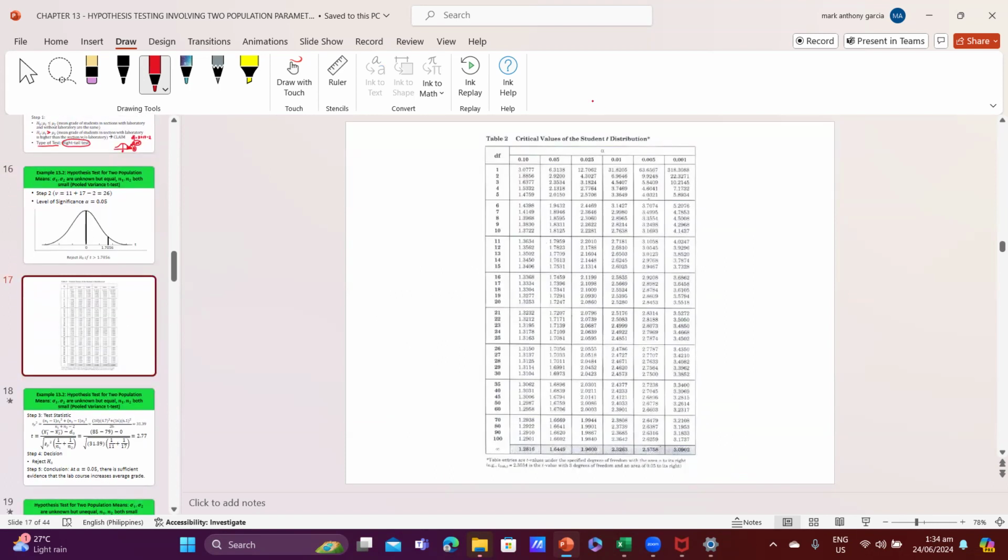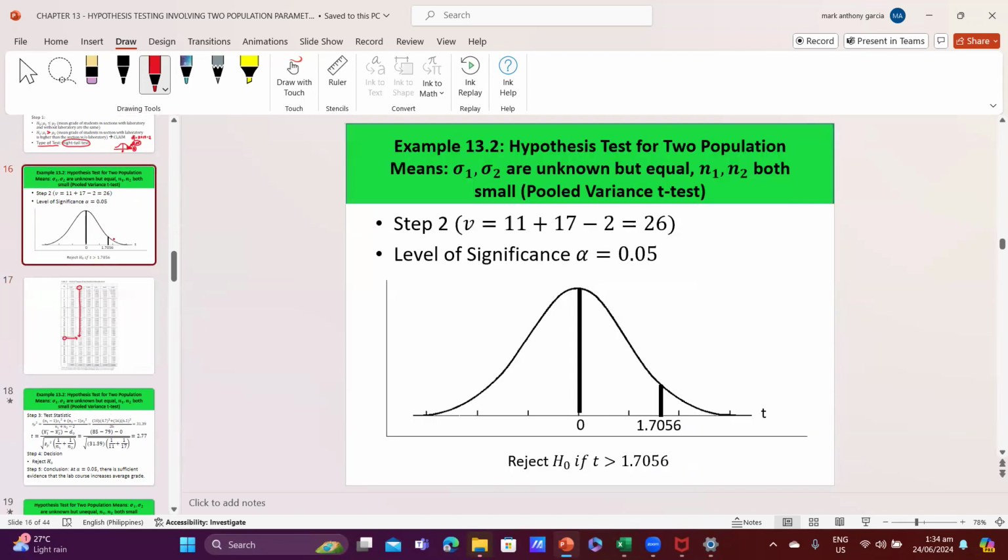In this t-distribution table, we find 0.05 and degrees of freedom 26, and then we get the intersection of those two. So we get 1.7056. That means that the critical value is 1.7056, which means that our critical region would be to reject the null hypothesis if the t-test statistic is greater than